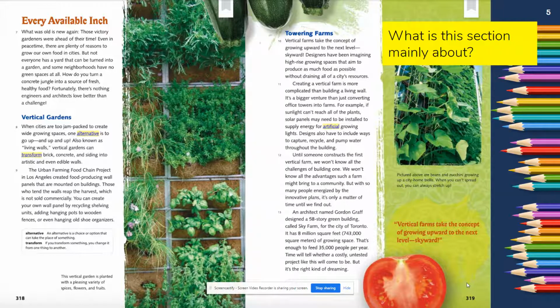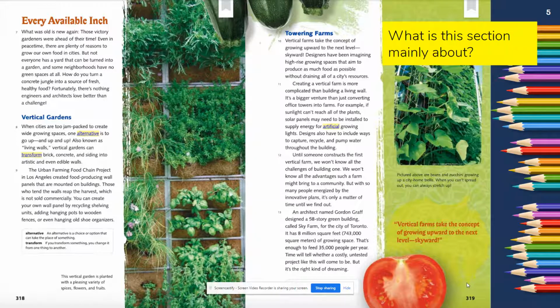It's a bigger venture than just converting office towers into farms. For example, if sunlight can't reach all of the plants, solar panels may need to be installed to supply energy for artificial growing lights. Designs also have to include ways to capture, recycle, and pump water throughout the building.